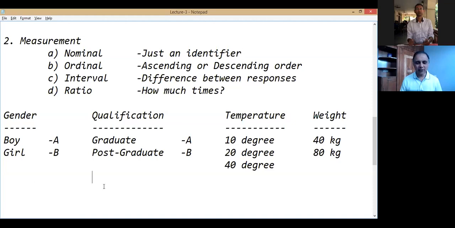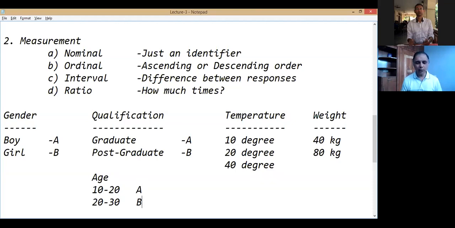The tough question is, if I make it like this, age, and my question is 10 to 20, and then 20 to 30, 30 to 40. And if I ask you, what is the category? Is it nominal or ordinal? 99% of the people just by reflex say it is interval. Now, actually, you know what they are saying? There are two terms, interval as a measurement, and then there is something called class interval.